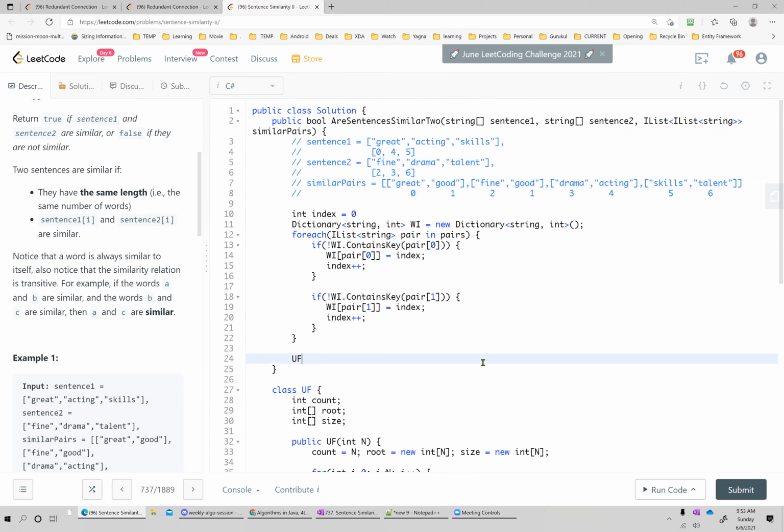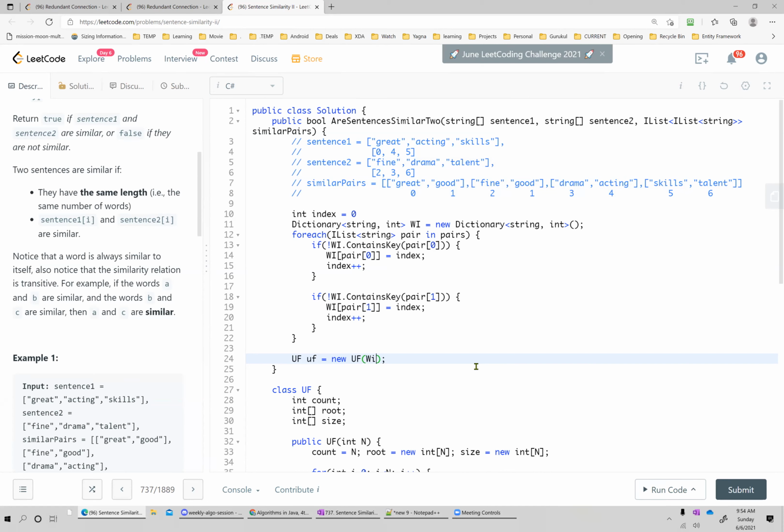So I'm going to define a union find equal to new union find. Now tell me, what is our size here? See, here we did not get n, right? Index or dictionary size.